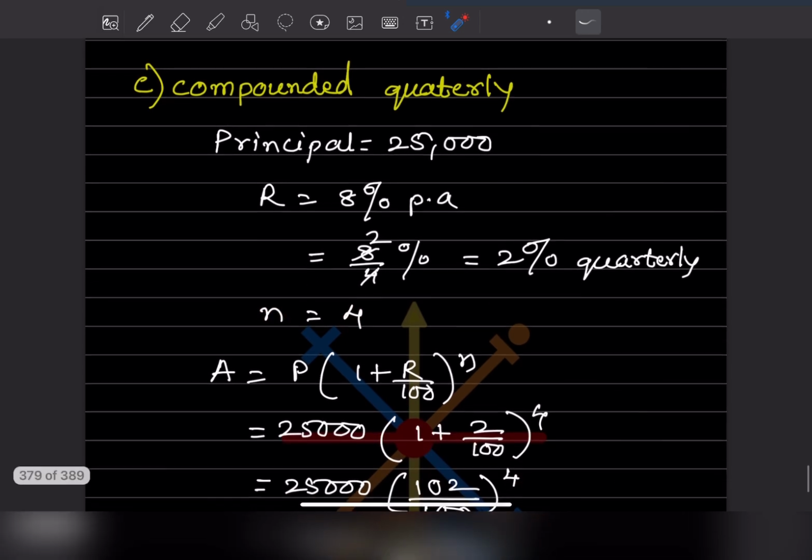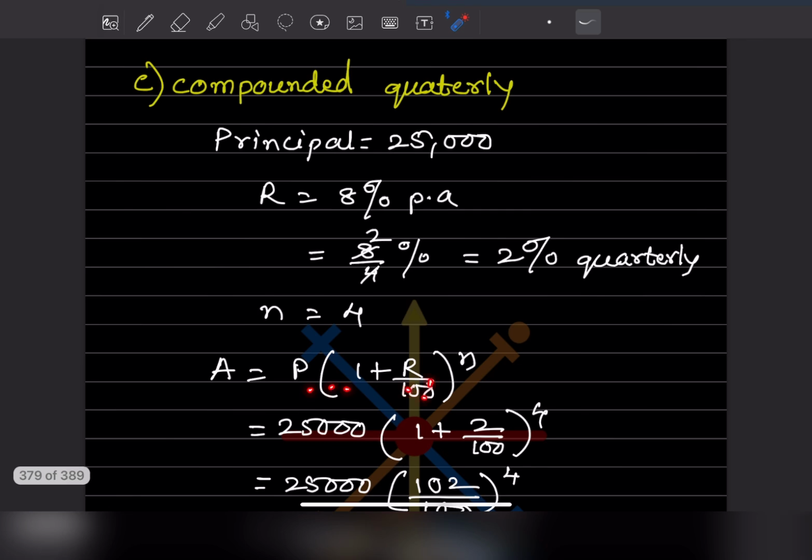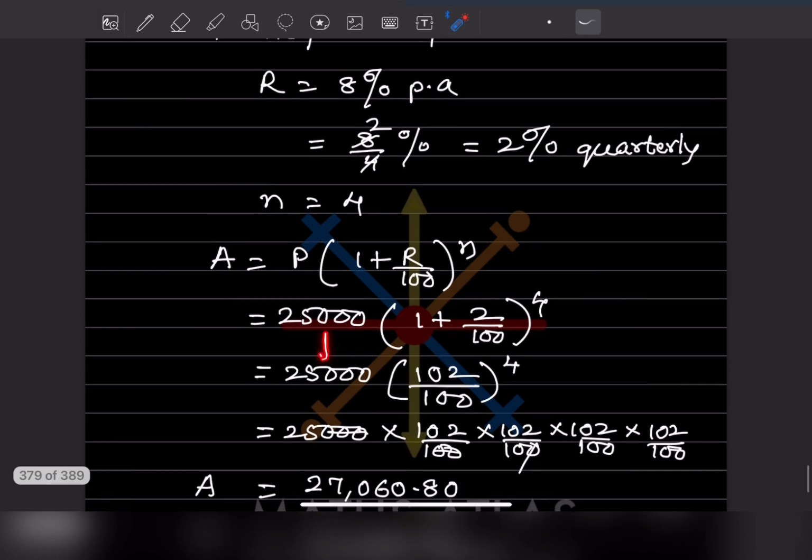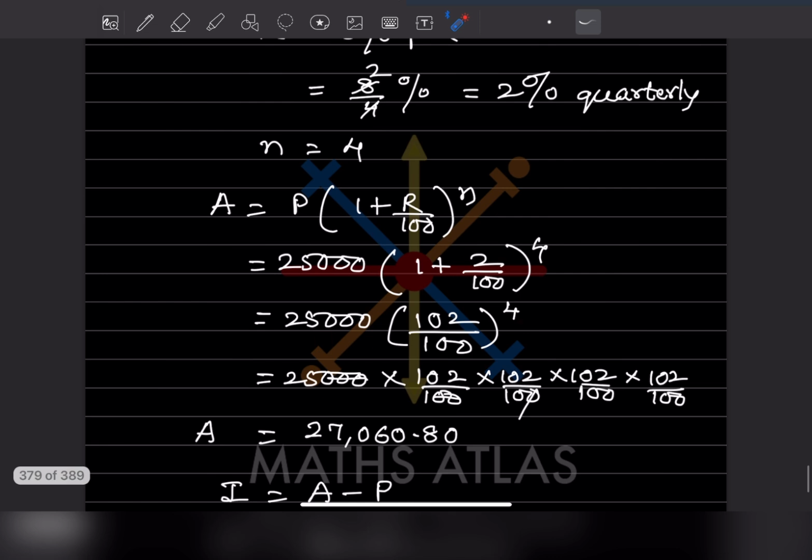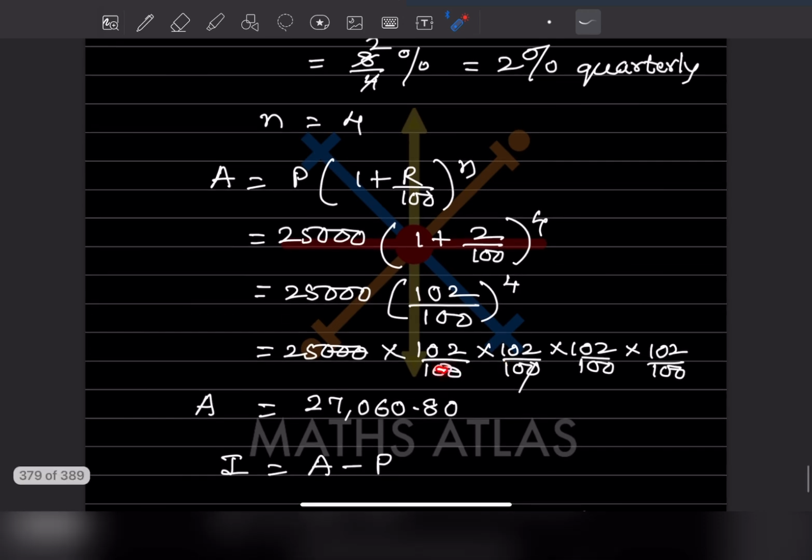Now A is equal to P into 1 plus R by 100 raised to N. So here it will be 25,000, 1 plus 2 by 100 raised to 4. So this will be 25,000 into 102 by 100 raised to 4. So 25,000, and this 102 divided by 100, we are going to multiply 4 times. This and this get cancelled. So you are going to multiply 25 into 102 into 102, 4 times, and then divide it by